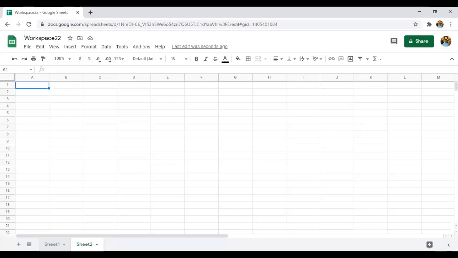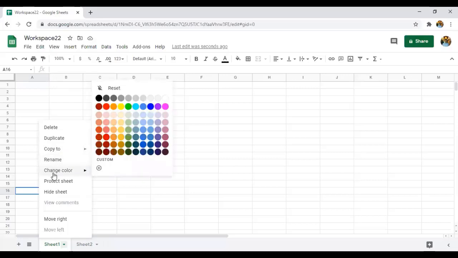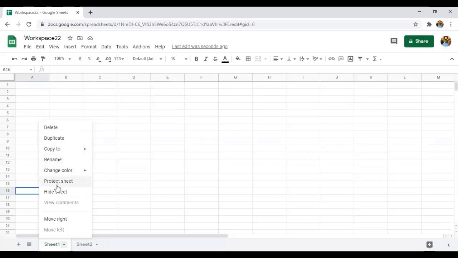So how do we rename the sheet? Just click on the sheet. You can see several options like delete, duplicate, copy to, rename, change color, protect sheet, hide sheet, move right.